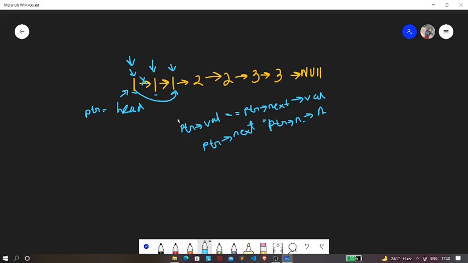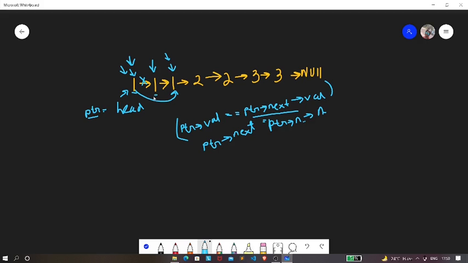Now when our ptr of val is equal to ptr of next of val, we are not going to change the position of ptr. We are going to keep ptr where it is. Then again we check whether our ptr of val is equal to ptr of next of val. Currently our ptr is this element, and ptr of next will be this element, because we have cut off this link and now this element is pointing to this element. And now we find that this one and this one are equal.